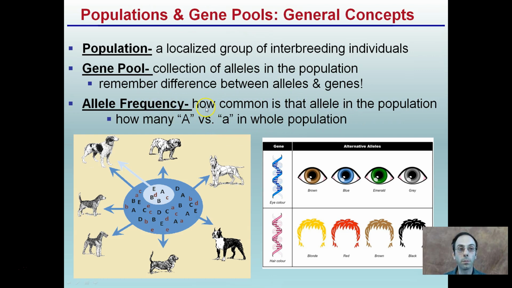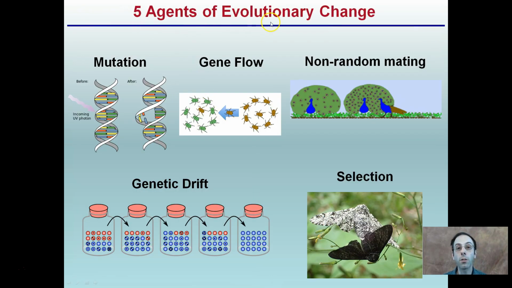So that's allele frequency. Lastly, there's 5 agents for evolutionary change. One's mutations that occur. In this case, UV light is an example. Gene flow, where we have genes being inherited or added, in this case, to a different population. Non-random mating. What this means is we see 2 males, 1 female. Non-random, this female is selecting for this male that has showier feathers here. So it's not random. She's specifically selecting for that male, and we see the offspring are going to have traits similar to that one, and that's what's going to be passed on. This other individual sadly is selected against.